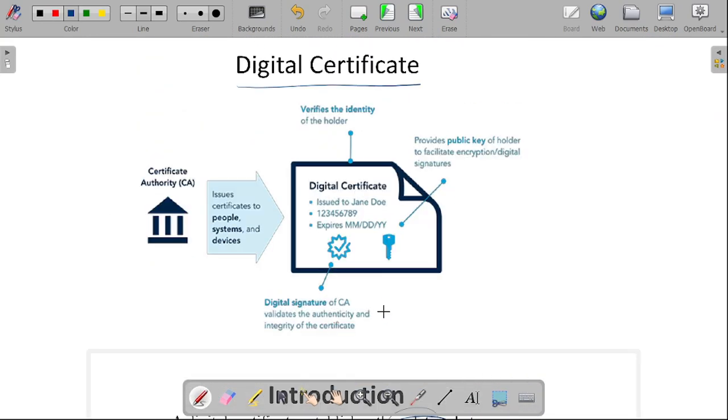Now you can check that diagram. This is your certification authority. Here is your registration authority, which is used for verifying the identity of the holder, and which also provides the public key to the holder to facilitate encryption and digital signature. The certification authority is used to issue the certificates to people, systems, devices, or any other organization. And this is your digital certificate, which consists of details like